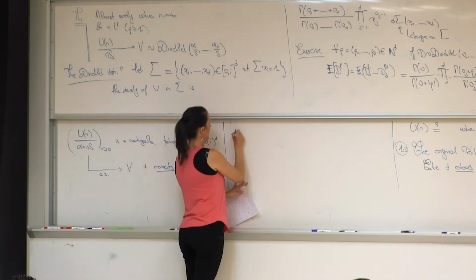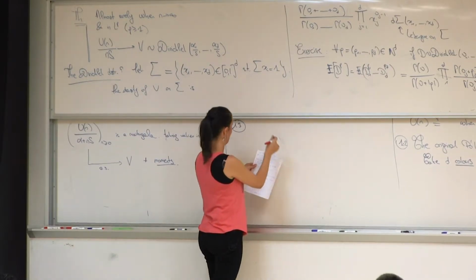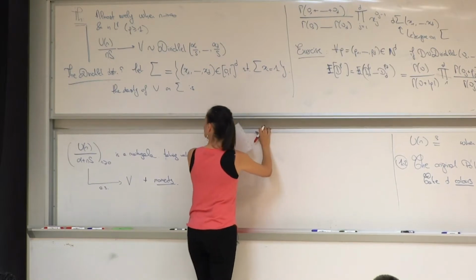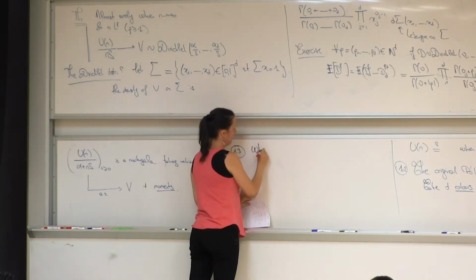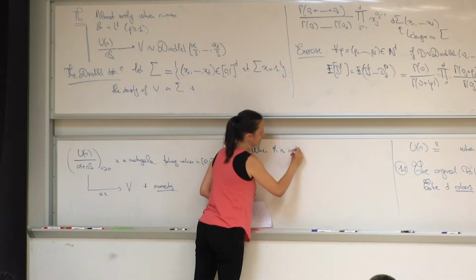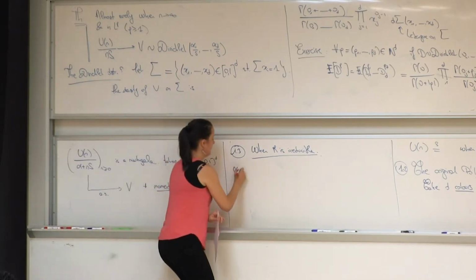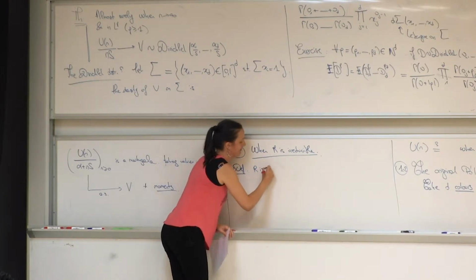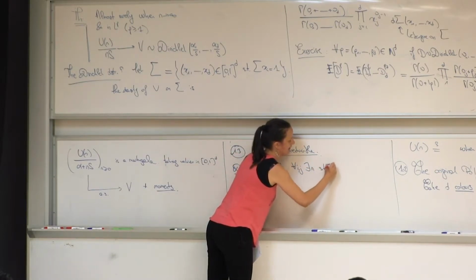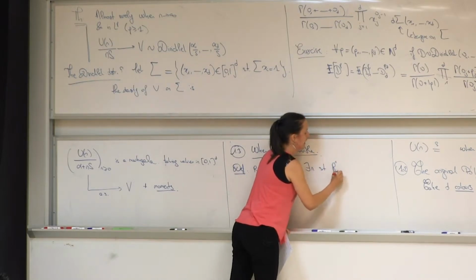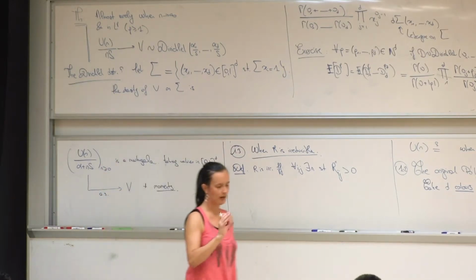Okay, so let's do something a bit more complicated now because this diagonal case was too easy. It wasn't so easy, but anyway. A different case: when R is irreducible. Just to fix ideas, R is irreducible if and only if for all i, j there exists n such that if you put the matrix to the power n, then its ij entry is positive. In terms of the urn, it means that if you start with one ball of any color,